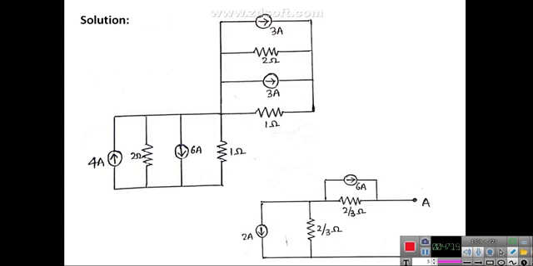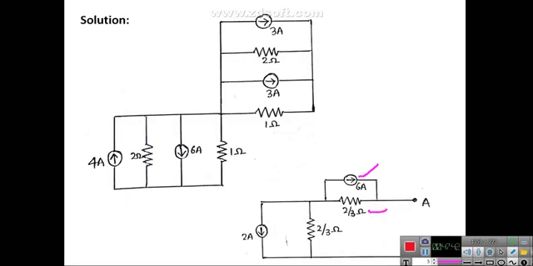Now these two current sources are in parallel and these two resistances are also in parallel. Likewise, these two current sources are in parallel, and these two resistances are also in parallel. So now you can replace these two sources by a single one. These two directions will be the same, so 3 plus 3 is 6 ampere, and these resistances, 2 into 1 divided by 2 plus 1, give 2 by 3 ohm. So this is your equivalent.